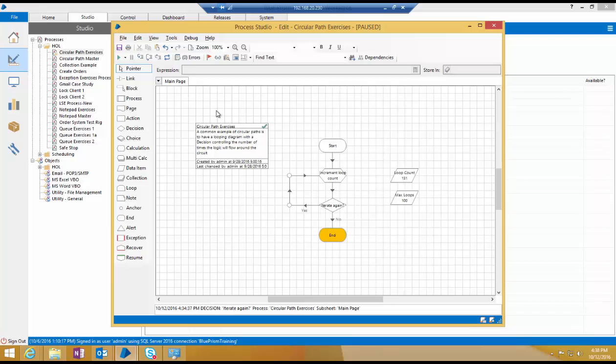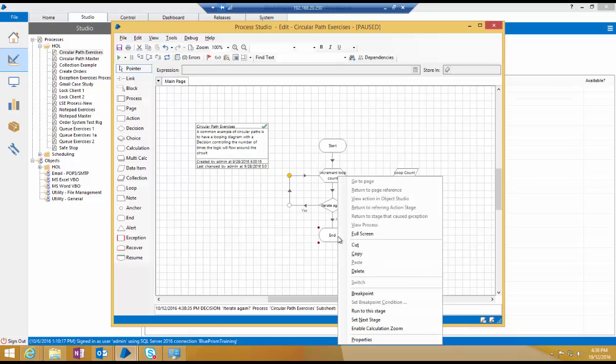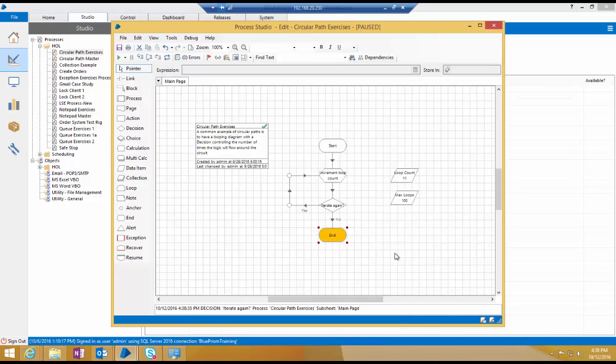When debugging, we can right click any stage and set that as the next stage to debug. This helps us to debug in any arbitrary manner. So let me show you this. If I reset this and run it again, I'll pause it, and maybe I'll select this end stage, right click, and set this as the next stage. Okay, so